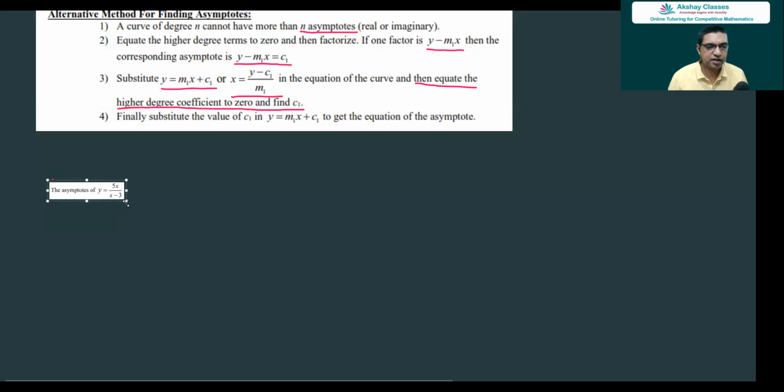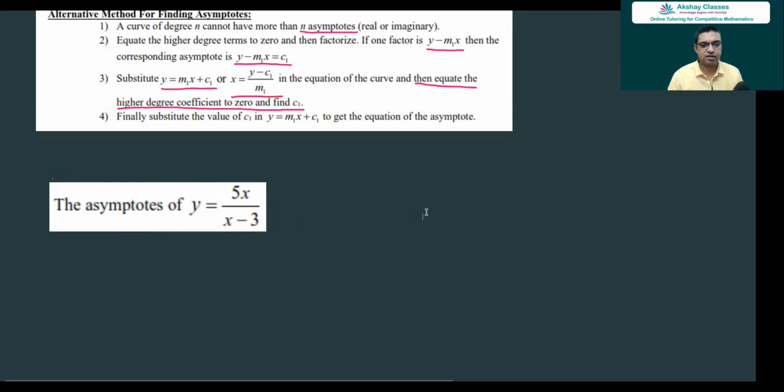So let's find the asymptotes of this curve. So this is the first one. Let's find the asymptotes of y equal to 5x by x minus 3. So first step to do,